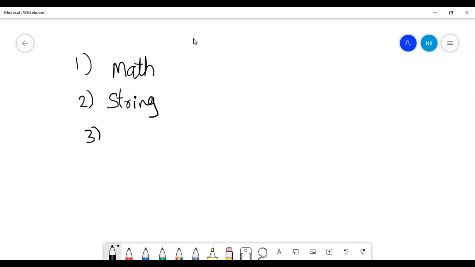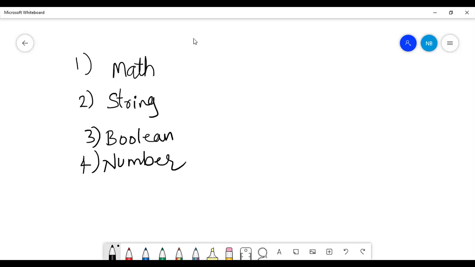The third one is Boolean, and the fourth one is number.